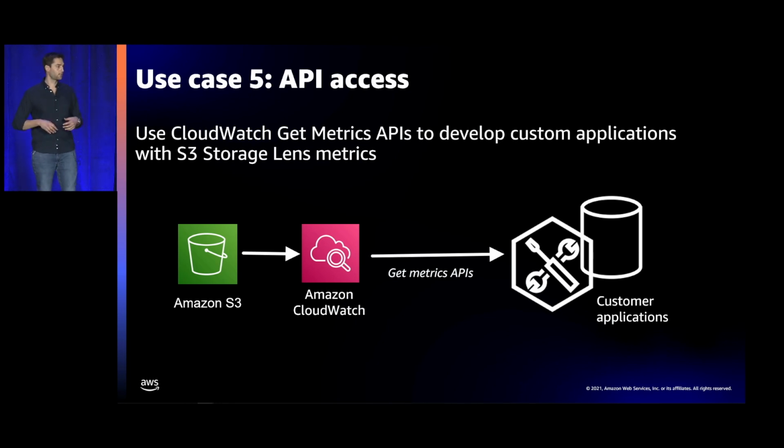This is a way of exporting your metrics as either a CSV file or an Apache Parquet file that is saved on a bucket within your account. From there, you can build your automated processing to move this data into your analytics environment. However, our customers have been constantly asking us for a simpler and better way to access Storage Lens data by using an API. And today, by using the CloudWatch GetMetricData API, customers have better access to this data.